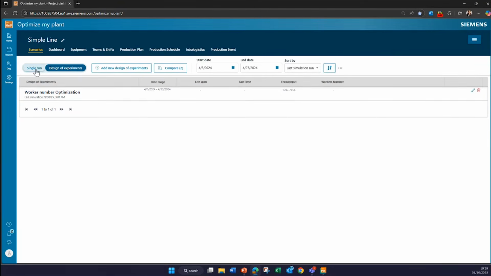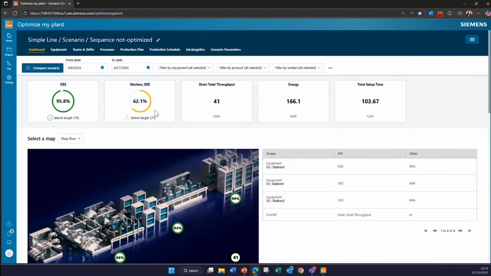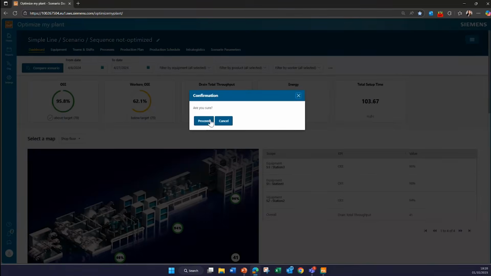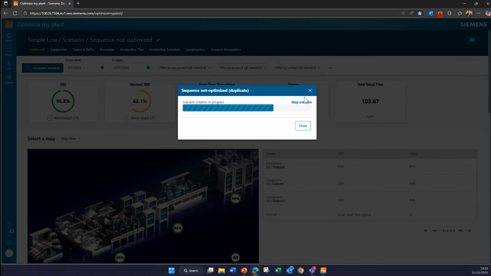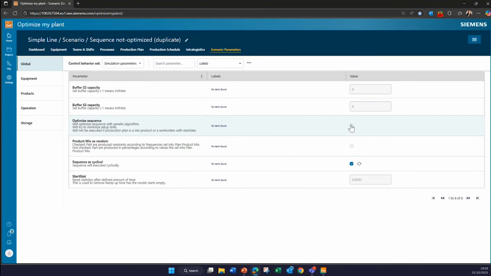Another scenario I wanted to show is in the optimization phase, leveraging the genetic algorithm. Here I have a scenario showing the different KPIs for a simulated sequence. I want to copy my scenario, go to my scenario parameters and enable the sequence optimizer in the background.